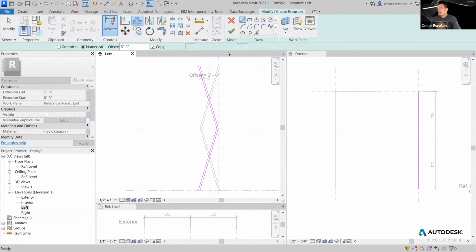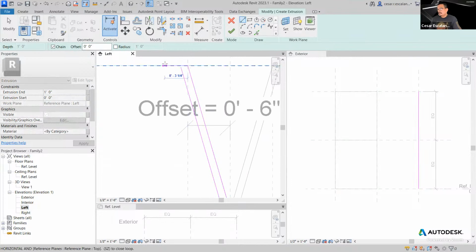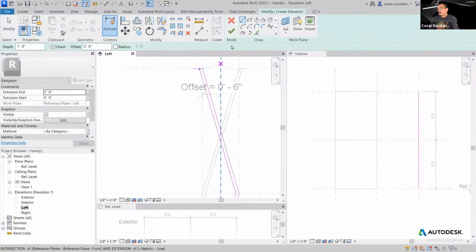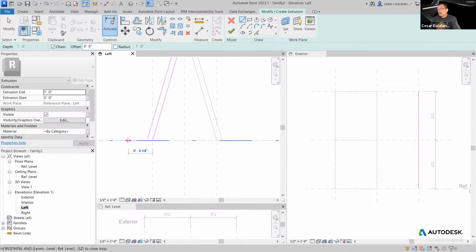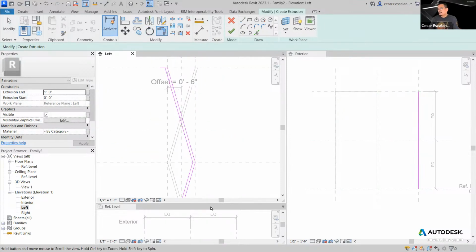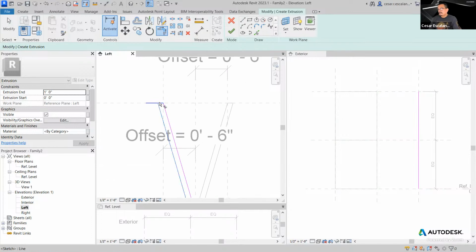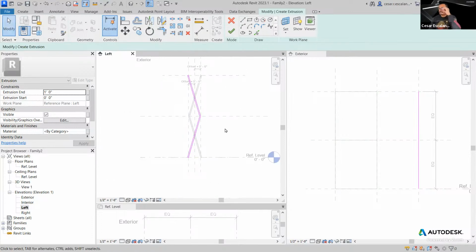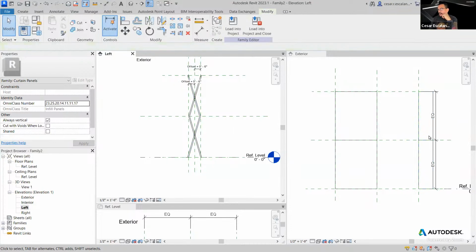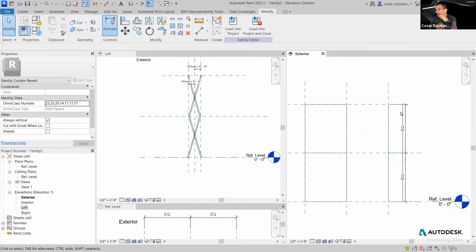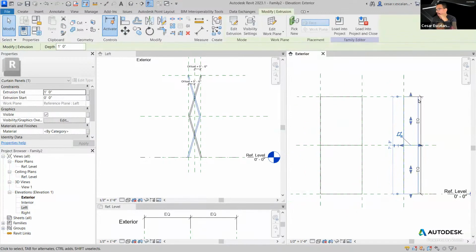And then I'm going to use horizontal lines hosted by reference planes. And then close the geometry, fillet them. And I do the green checkbox. And then notice how I also need, in the exterior elevation, to grab the extrusion handle